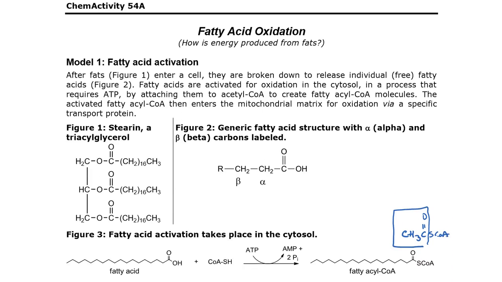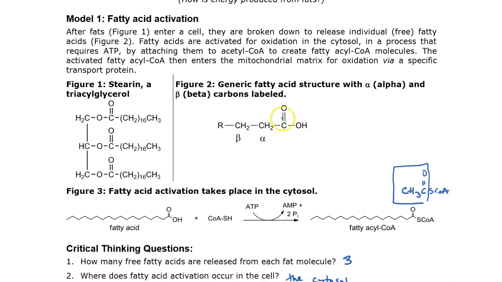That's from figure 2. For these carbonyl-containing compounds, one way of indicating the carbons is by using the Greek alphabet, beginning at the carbon next to the carbonyl and going down the chain. So I have alpha and beta, and you could continue down the Greek alphabet, gamma, and then typically the very last one, no matter how many carbons, is usually called the omega, which looks kind of like a really curly W. Omega is the last letter of the Greek alphabet, and so the omega carbon is usually the last carbon at the end.